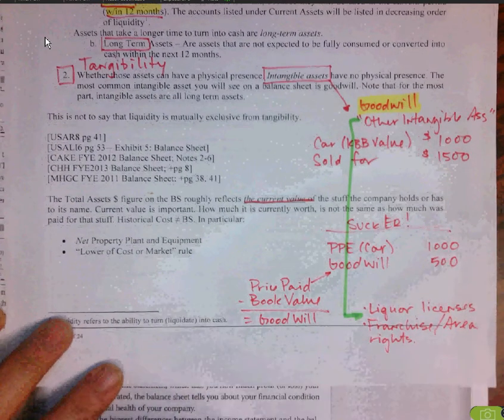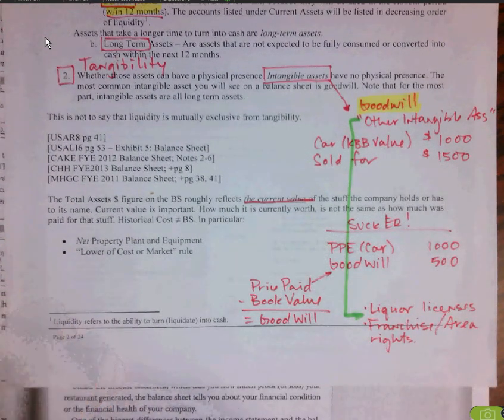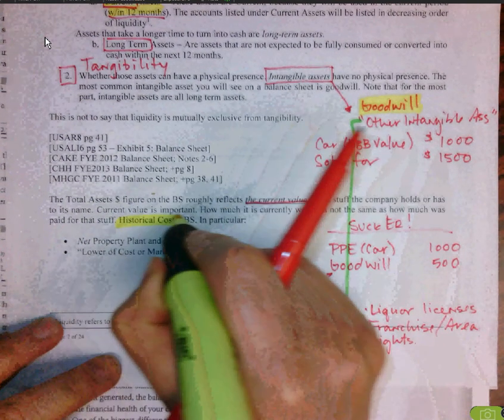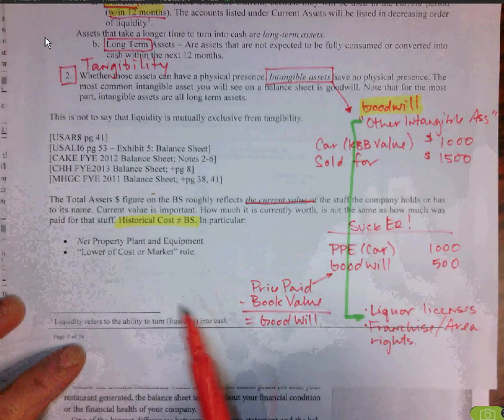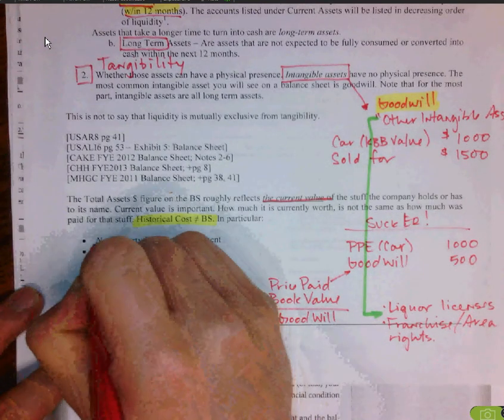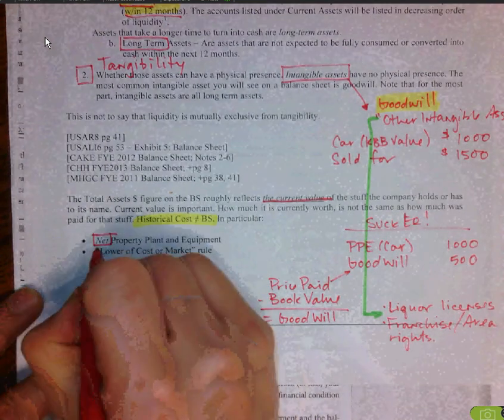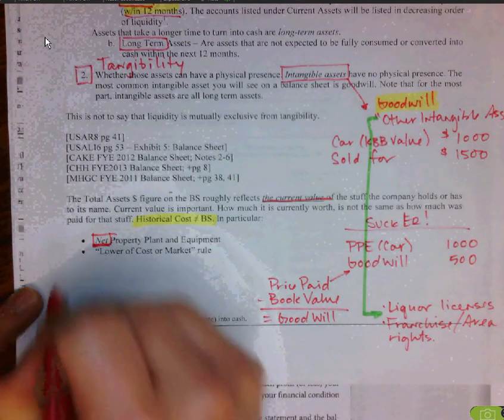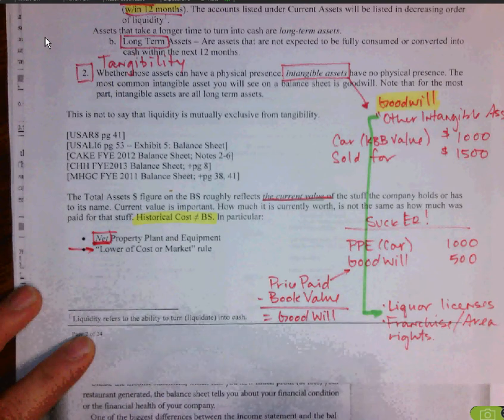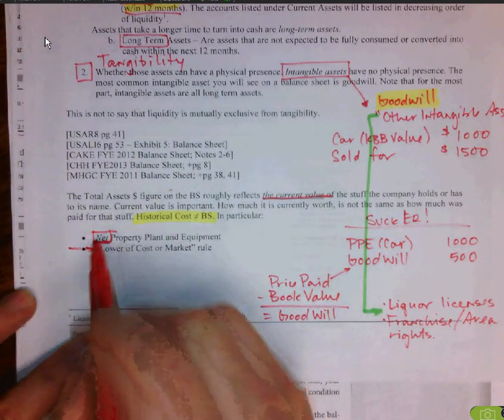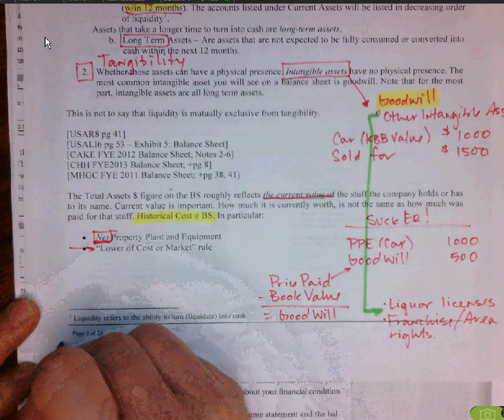Now, current value is super important because it's a reflection of how much something is currently worth. It is not the same as how much you paid for that stuff. You have to remember, and this is key with the balance sheet, historical cost is not necessarily the cost that you see on the balance sheet. In particular, the values that you see on the balance sheet are going to be net amounts, right? So net, and I'm going to explain what net is, and it's going to be listed as the lower of cost or market value as a rule. Okay. On the net side, what we mean by net